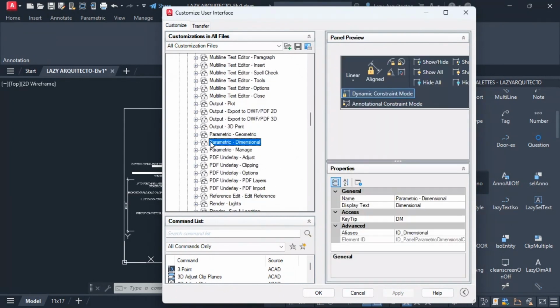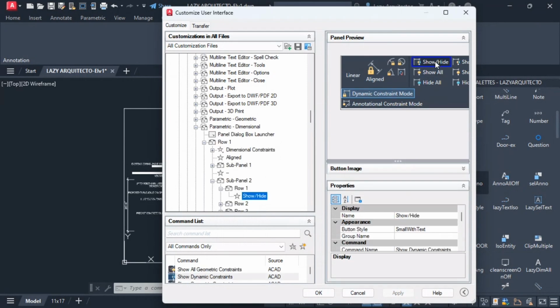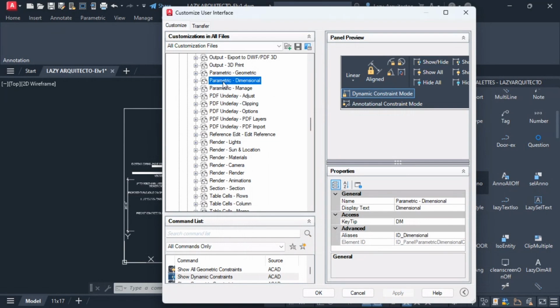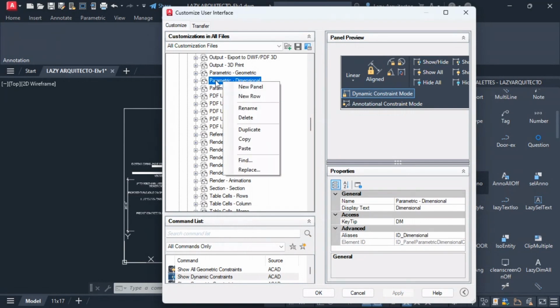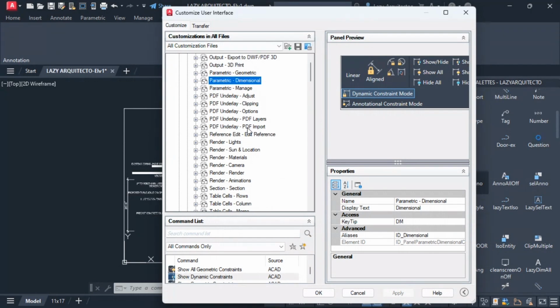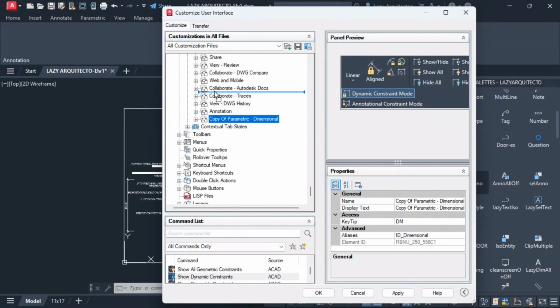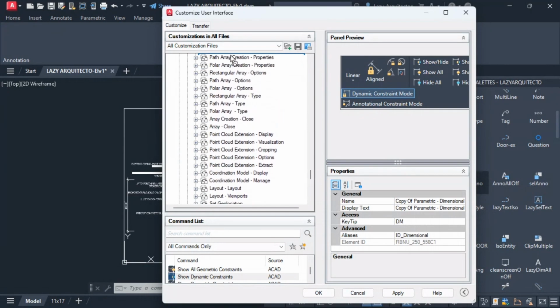Parametric, here we go, dimensional. Let's double click, and that's the sub panel 2, and that's the one that we need, sub panel 2. And I'm gonna go ahead and right click on the parametric dimensional and hit duplicate. So once I have that, our copy of our parametric dimensional, let's left click on it and drag it all the way up